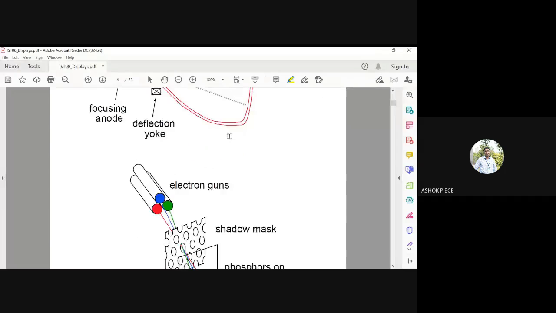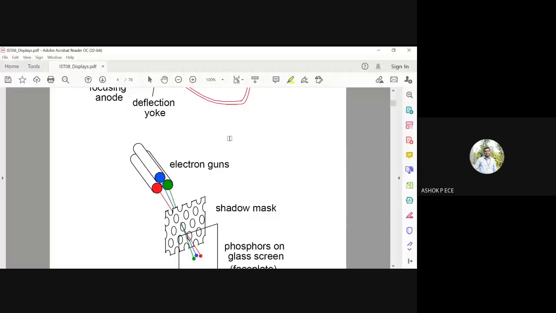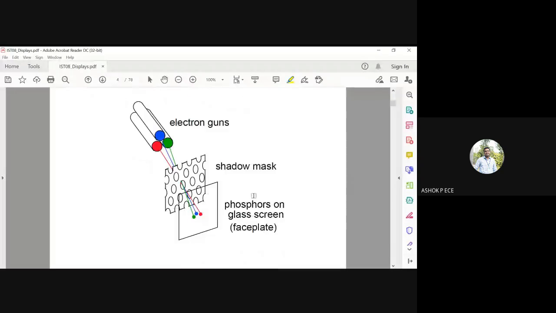So as they go through the shadow mask and fall on the phosphor plate, you see a combination of RGB. You will see that particular color coming out. So if I can control the proportion of electrons coming from R, G, and B, then any color is a combination of red, green, and blue, right? So if I want to get a brown or yellow or orange, I will appropriately operate the electron guns to ensure that I can see an orange color on the screen.